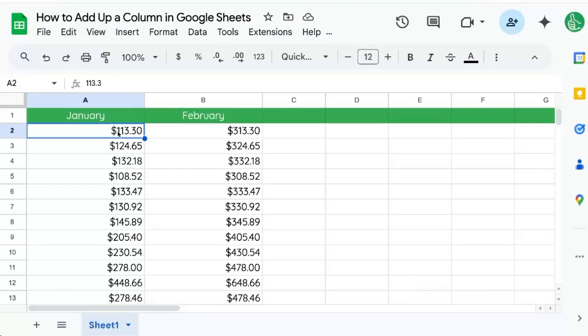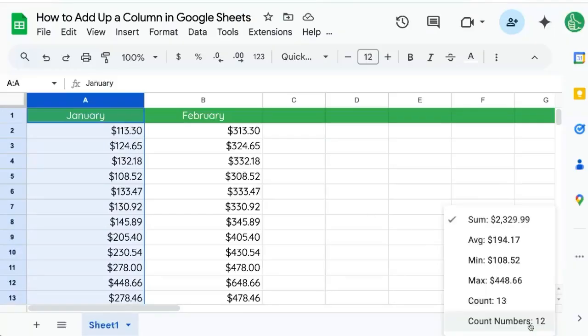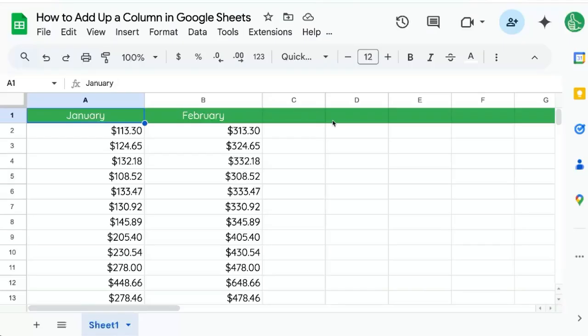So one really fun thing to know is if I select the A column, over here on the right side on the bottom is a little Explore area. It shows me the sum, which is the entire column added up, average, minimum, maximum, how many there are, how many numbers there are. If I want to see the sum of this in the sheet, I can do equals